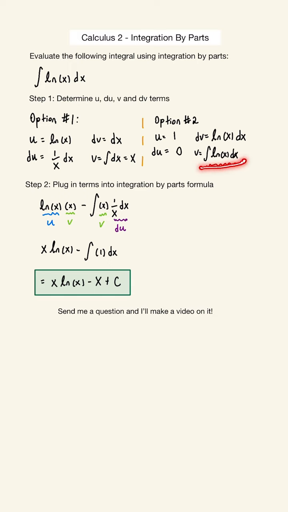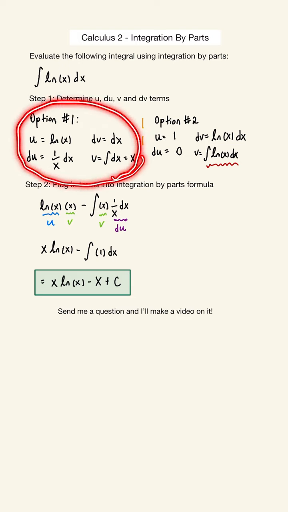But wait a second, we can see that this integral is really just what we started out with. So you can see this integral of ln of x is the same as the v term. So selecting option number 2 will basically put us in a loop to where we will never be able to produce a solution. So we'll go ahead and move forward with option number 1,